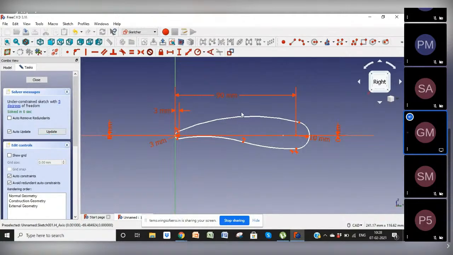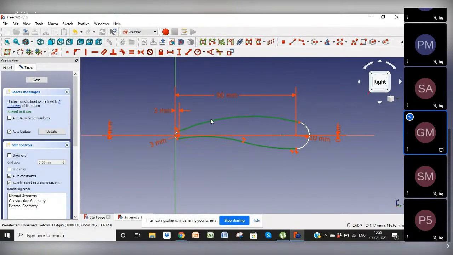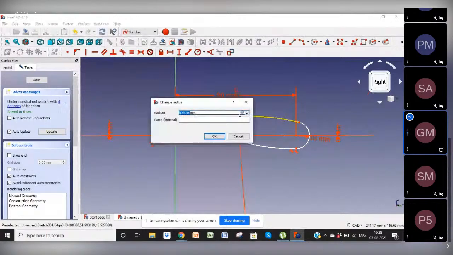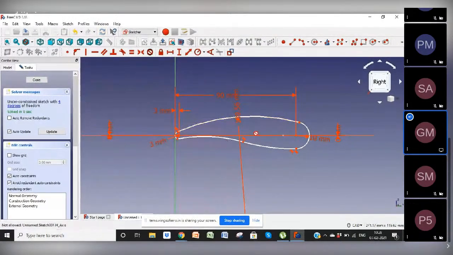Update, but it is not green. We have 5 degrees of freedom. Here we can select, choose. Okay, but to make it green, I am giving random radius to these arcs. Okay,